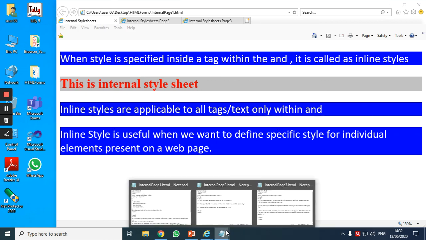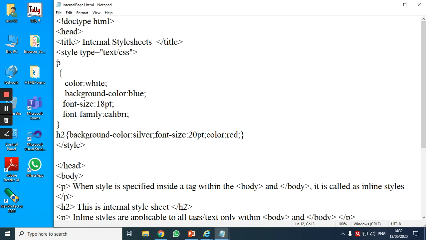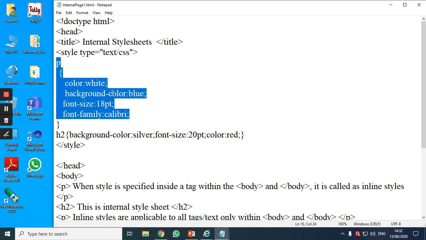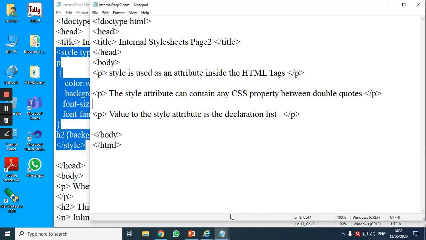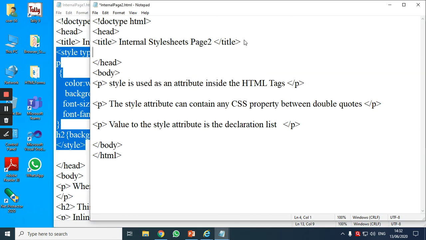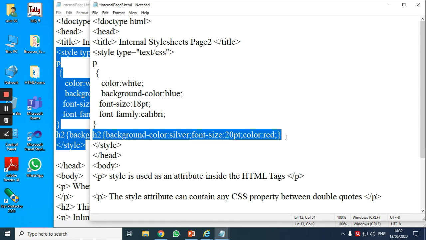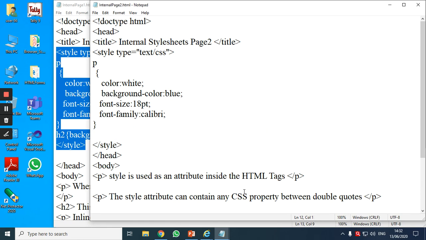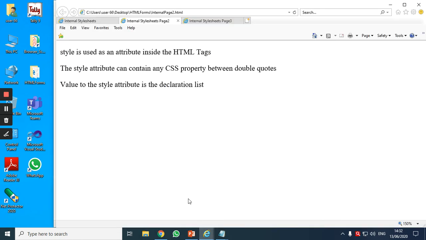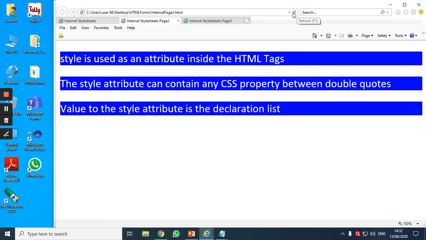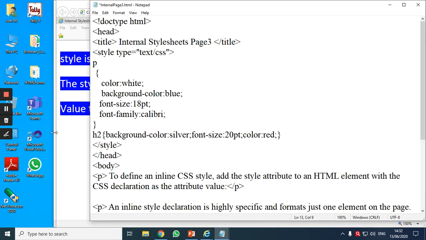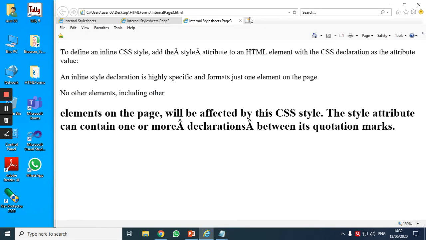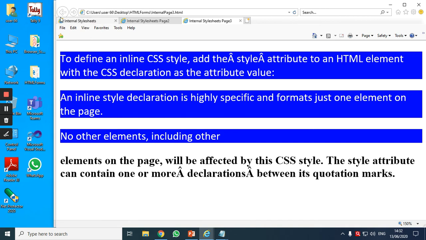Then what do I need to do? I need to apply this same style in all the pages, right? So what will I do? I'll copy. Control C and I'll write it in all the notepads. Control V. Okay, there is no H2 tag here. I'll remove this. Control S and observe the output. Applied. Again, I'll do it for the third notepad. Control V. H2 is not there. I'll remove it. Control S and refresh. Now, observe all the three.